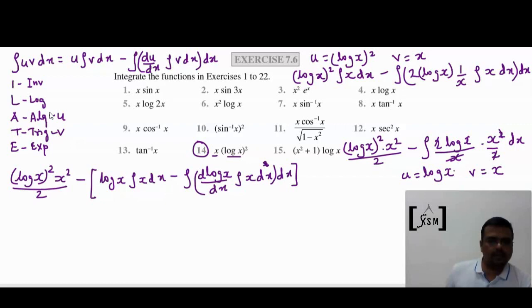So this is log x times x square over 2, that is in bracket, minus the integration of 1 over x times x square over 2 dx,